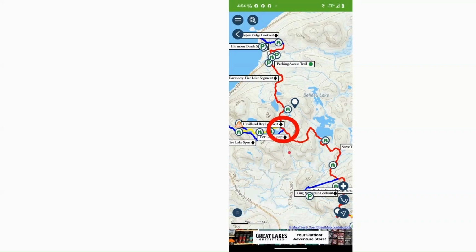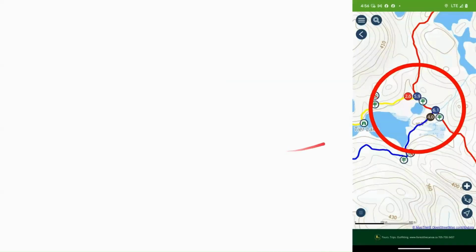I'll point out a few things here about using the map. This is a zoomed out part of this particular trail. This is the Harmony Stokely Trail. And where I've circled here, there are three trails coming together. The yellow is the loop trail, the blue is a spur trail or side trail, and the red is the main trail. So zooming in at that point will show you a lot more detail about that intersection of those